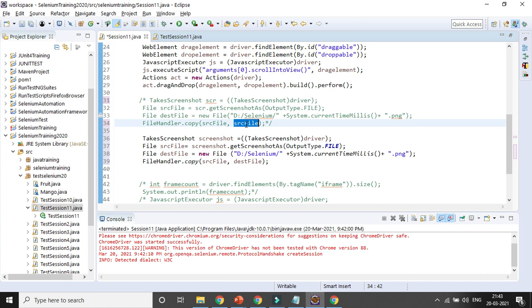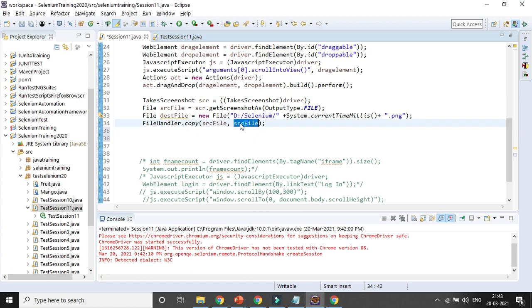That is the reason it's failing. It's source and source, that is the reason it's not creating. Okay, let's remove it, and here I need to give the destination, dest. Oh god, I was not able to identify it. Okay, now it will work.